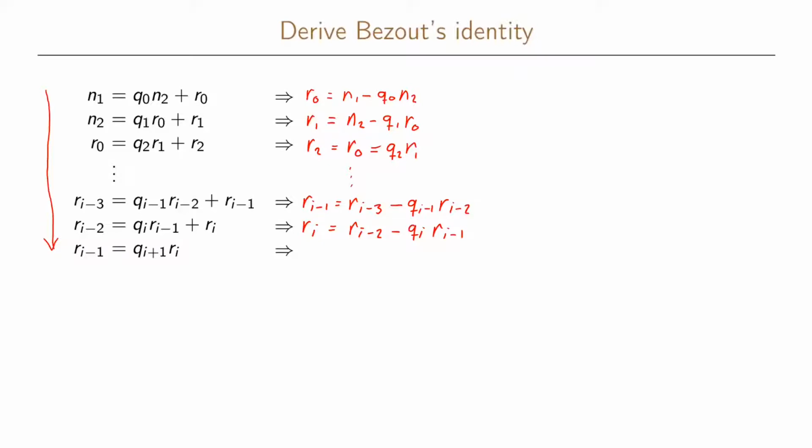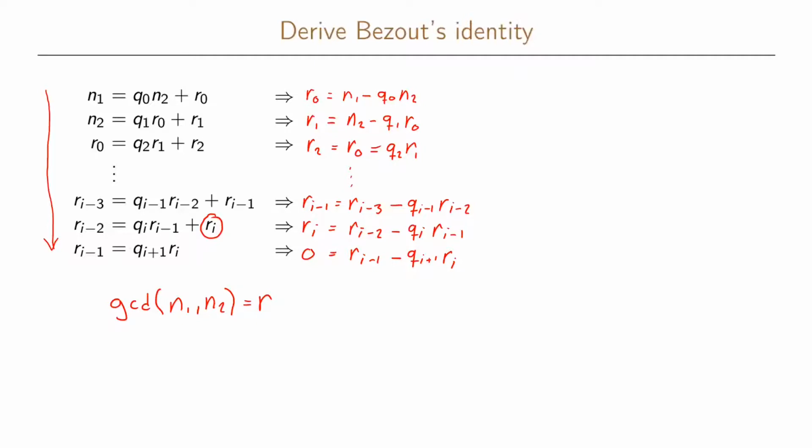And the last one we could write as 0 equals r(i-1) minus q(i+1) ri. When we did Euclid's algorithm, our goal was to find the greatest common divisor, which was ri in this case. So we wrote here that the GCD of n1 and n2